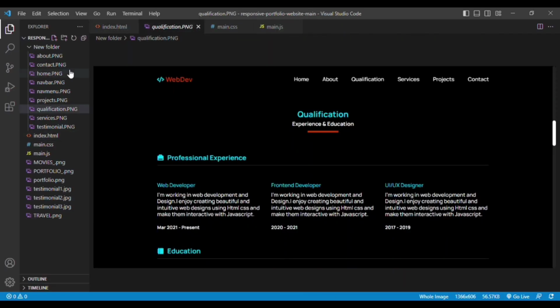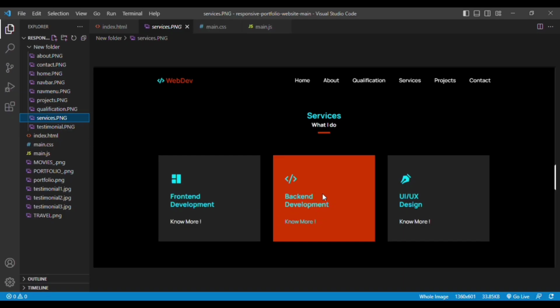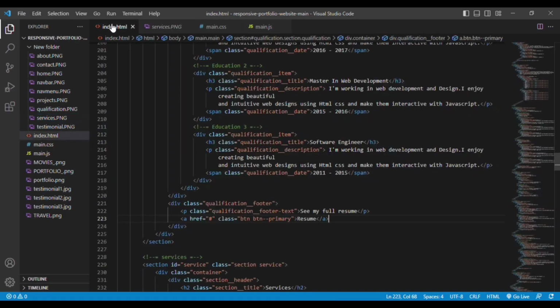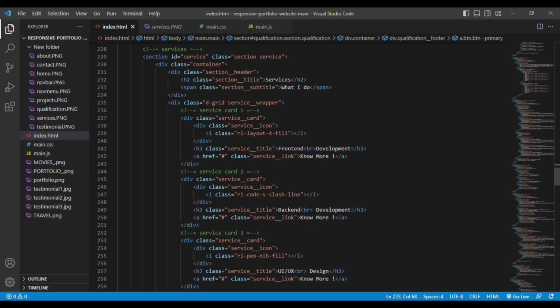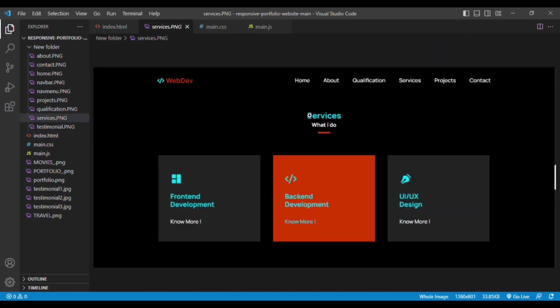Services section. This is the services section. So now let's go to the code. In the services section, you can see we have the main div as a container div. Then we have the same section header div, that is section title and section subtitle. You can see the same thing here, that is services, what I do, and underline by using the after effect